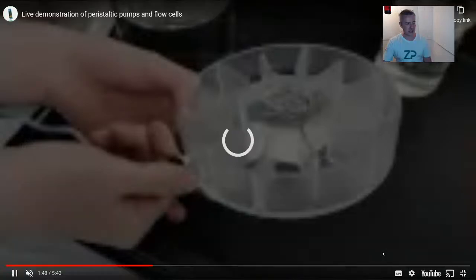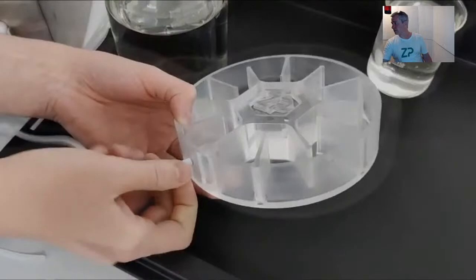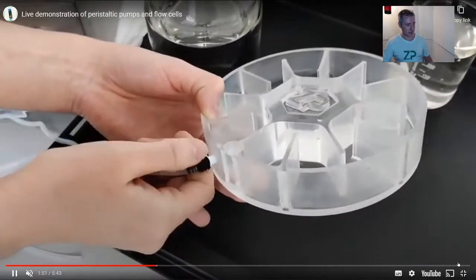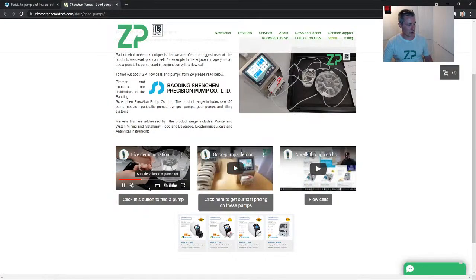So it's not something that we talk an awful lot about at Zimmer Peacock, but we're quite keen on flow. So there it goes. So that's just some news from Zimmer